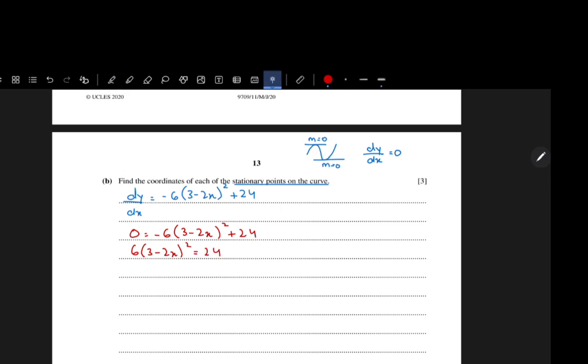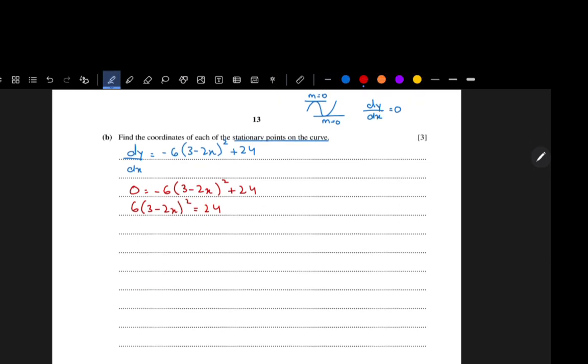We can first either open the brackets and then solve it, or we can just take 6 over there and take the square root of the whole answer, which is what I'm going to do. So this will give us (3 minus 2x) whole squared equals 4. 3 minus 2x will be equal to plus or minus 2,